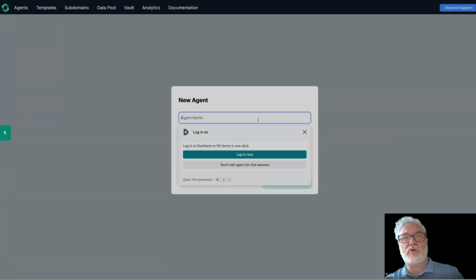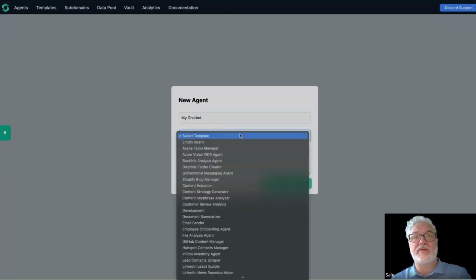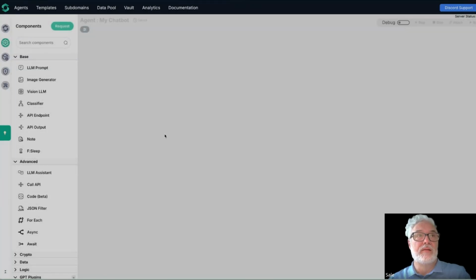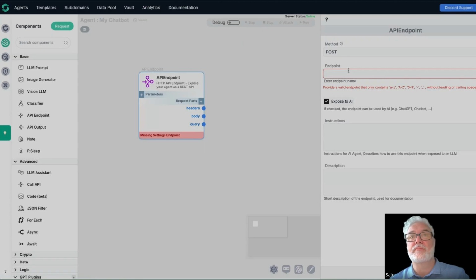I'm going to call this my chatbot. And I'm going to use no template. And what is the first thing I need to put in every agent to start it out? An API endpoint. So in this case, my endpoint is going to be,